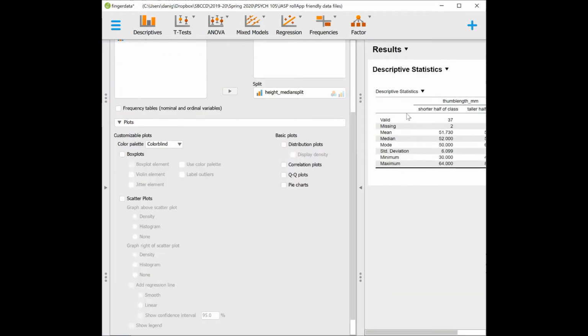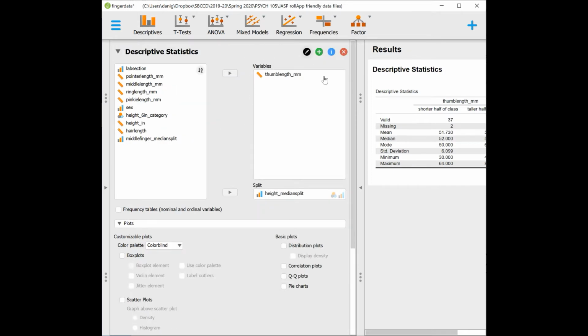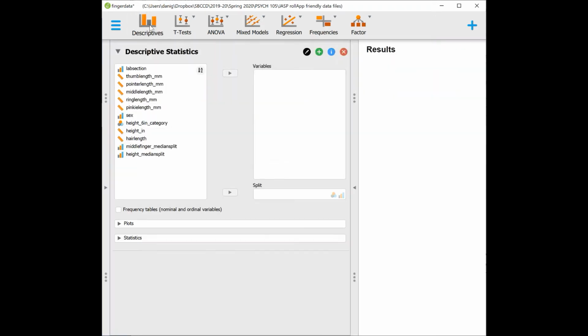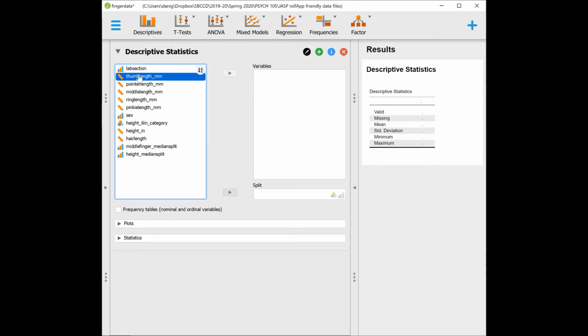If we simply click anywhere on the output from our previous analyses, then it will open the menu back up with all of the information already saved. So rather than having to, for example, go back to descriptives and then do it all, I think I accidentally deleted it. So I guess we'll have to do it again anyway, but theoretically it would have saved myself from having to